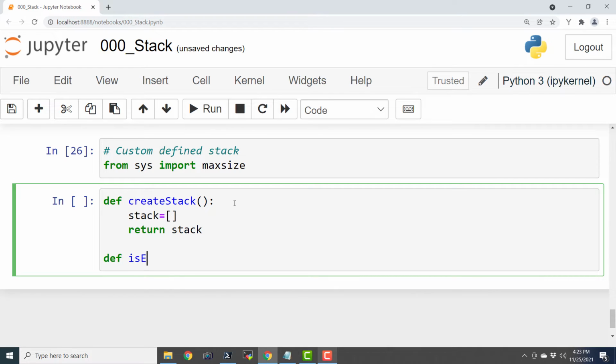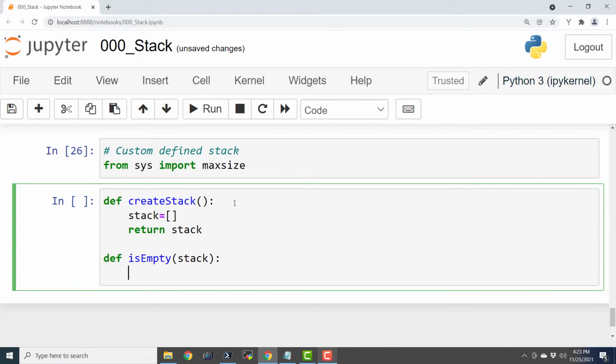Def is empty. Here we are checking if the stack is empty and we have to pass that stack to this function. Return length of stack equals 0. So this is going to return true or false based on the evaluation of this particular expression.